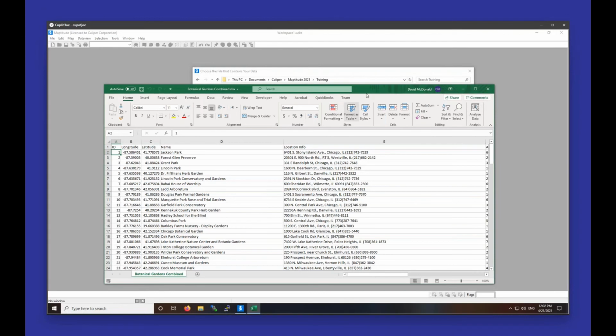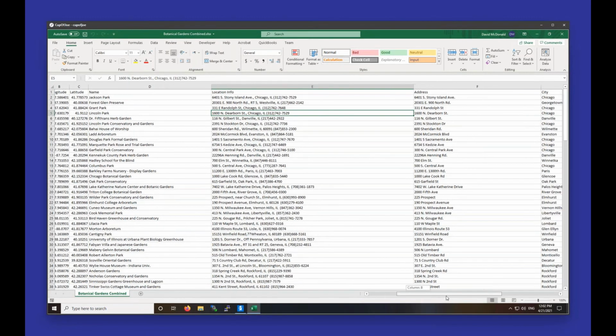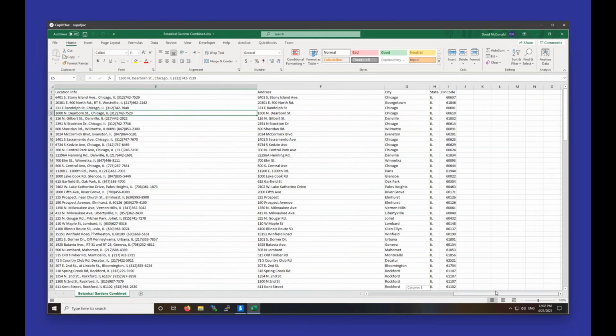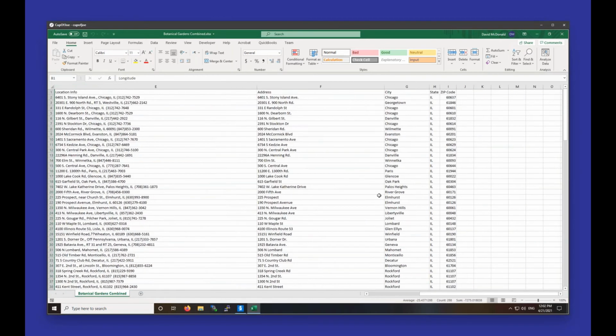So on this sheet, we have a longitude, a latitude, name, location info, address, city, state, and zip code. You don't need longitude and latitude. You can have them if you want for importing points, but it's not necessary. If you're importing by address, city, state, and zip code, or just address and zip code, we want to make